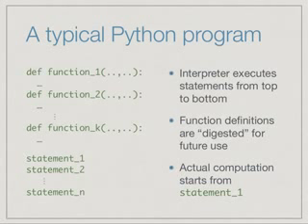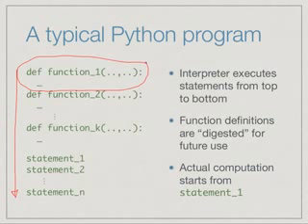Remember, we said that a typical Python program will have a collection of function definitions followed by a bunch of statements. So in general, the Python interpreter will read whatever we give it from top to bottom. When it sees a definition of a function, it will digest it but not execute it. We will look at function definitions in more detail very soon. And when we come to something which is not a definition, then Python will try to execute it. This in turn could involve invoking a function, in which case the statements which define the function will be executed,